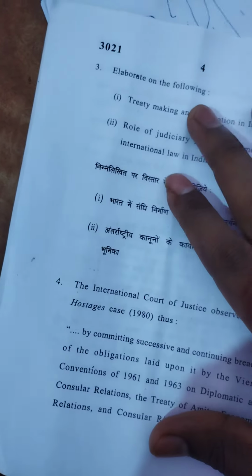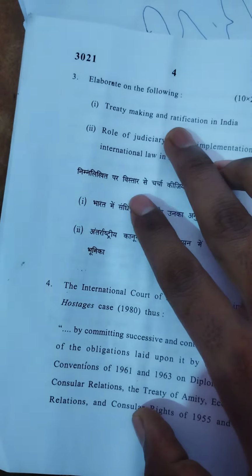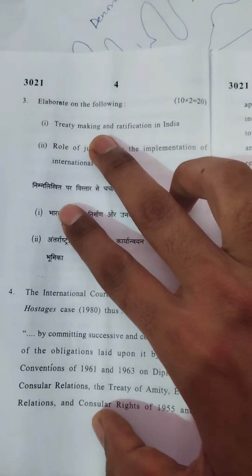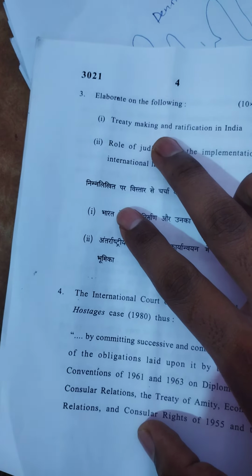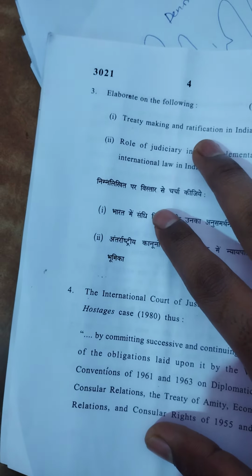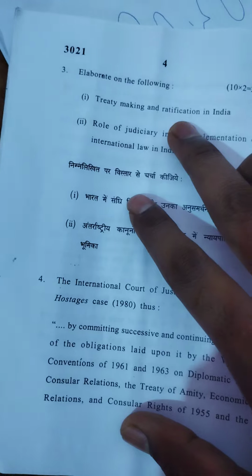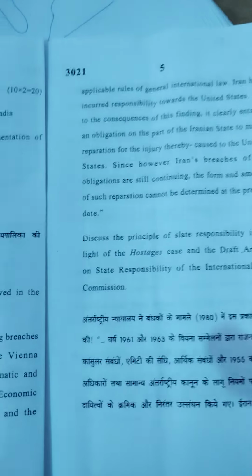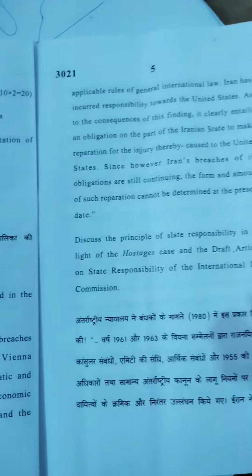Next question. Elaborate the following: treaty making and ratification in India, and the role of judiciary in implementation of international law in India. You have to define what a treaty is as per the Vienna Convention. Articles 2 and 3 are relevant for this question. And what is the process to make the treaty come into force? There are approximately 5 processes to make a treaty. You have to write that, and the ratification of the treaty